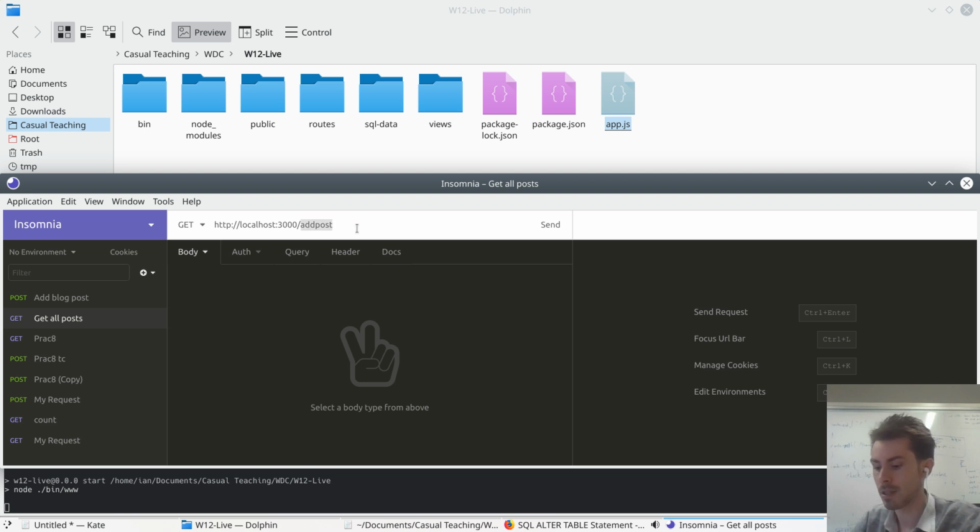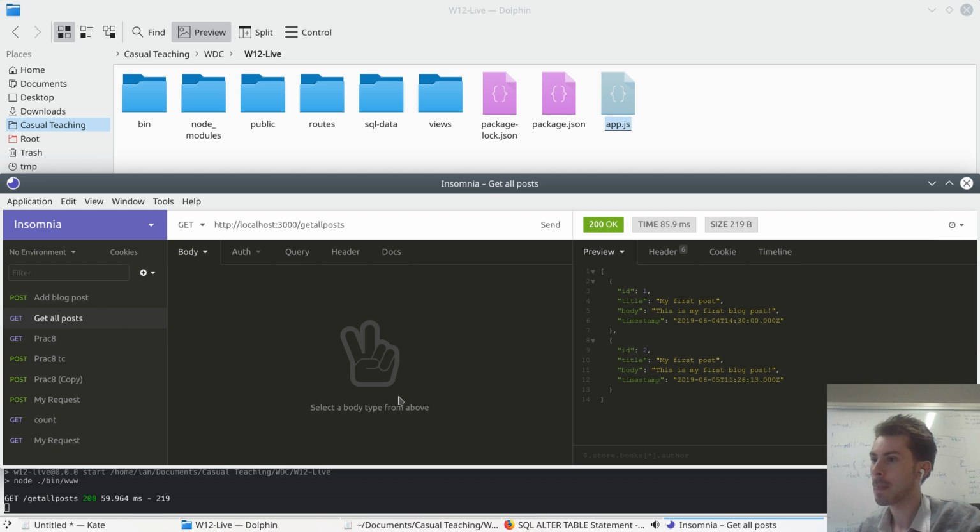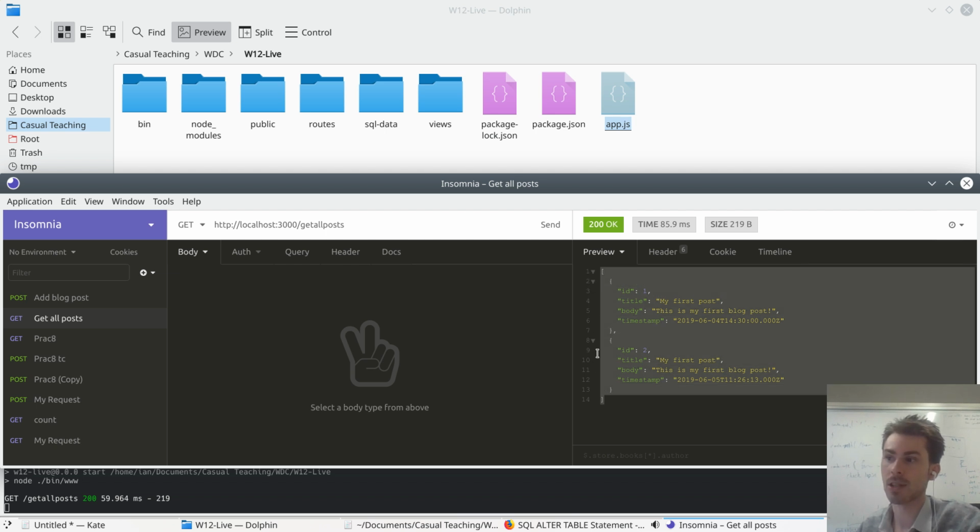And this one's going to be get all posts. Now, if I go ahead and send that to the server, let's take a look at what comes back. And you can see that it's made the query to the database, and it's spat out this beautiful object, which is a very nice JSON of all of the rows in the database, which is just those first 2 rows